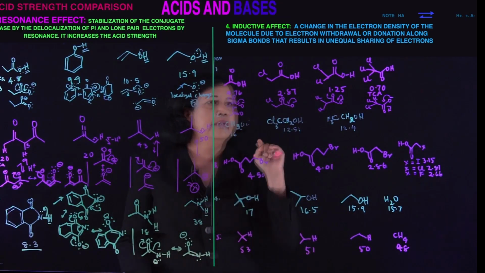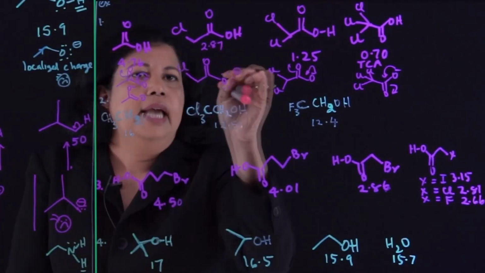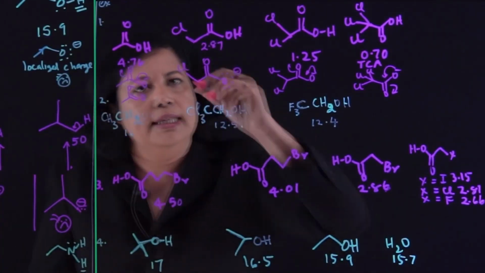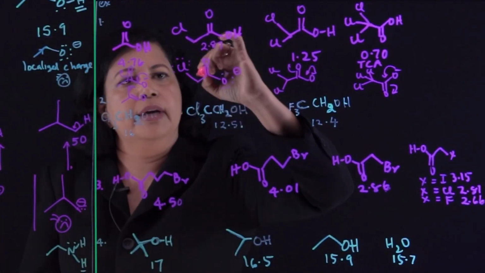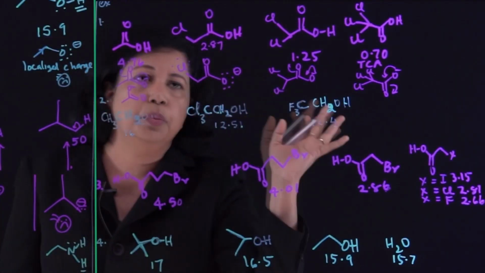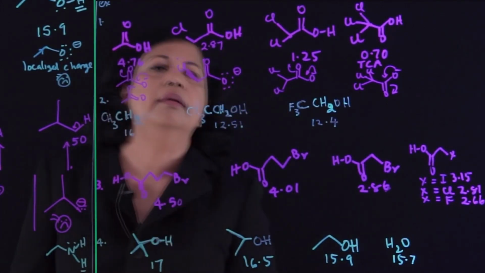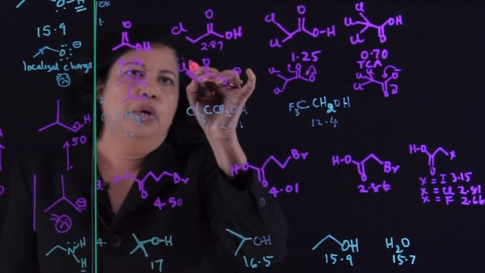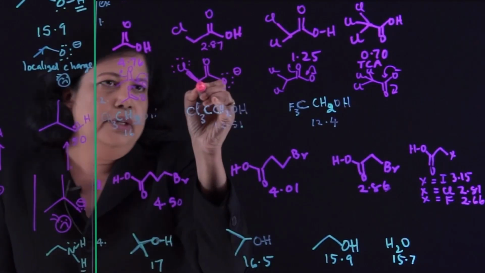So the only other thing that we can think of is inductive effect. Well, we have a chlorine. The chlorine is electronegative, and we know that because it's group 7. It's got 3.5 electronegativity, and carbon's about 2.5. So it's going to pull electrons along the sigma bond. There's no lone pair coming down because there are two hydrogens here. There's no space for that. That's going to then